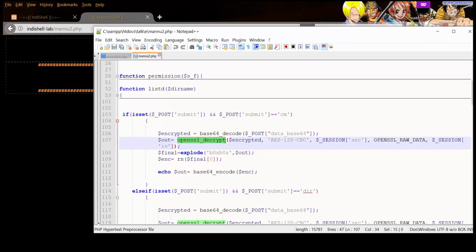We are not going to hard code any secret or IV in the web shell, but dynamically we will be passing these values. So let's have a look through the interface as well.